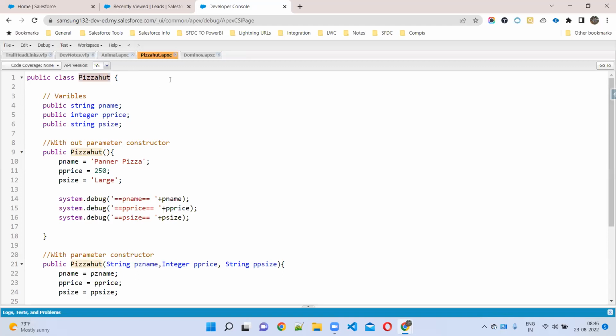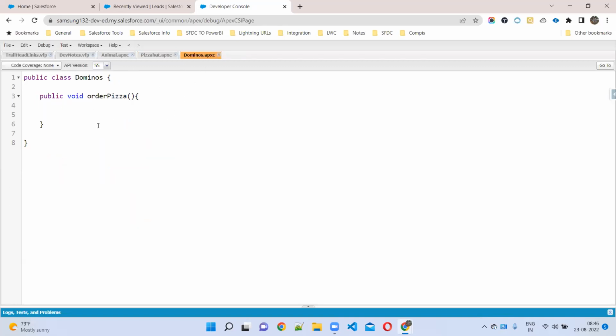I want to call the pizza class here. Tell me how we can call the class here. Calling a class, creating an object, or creating an instance, everything is the same syntax.